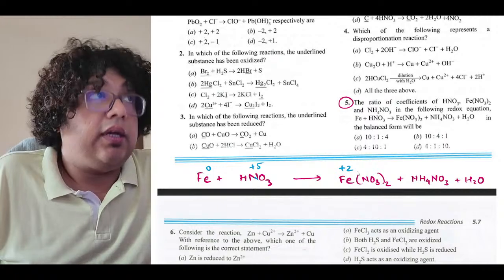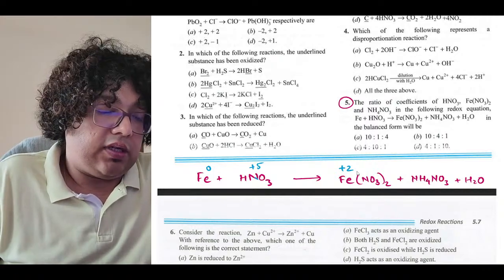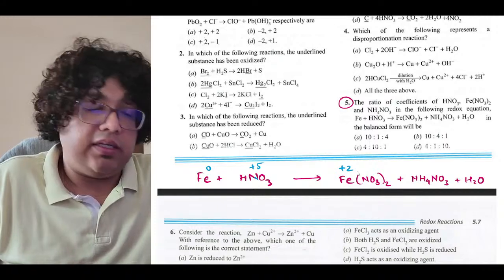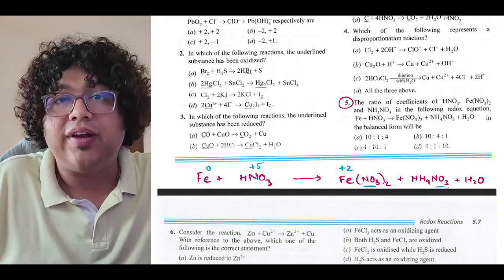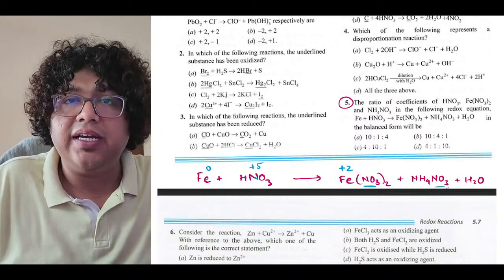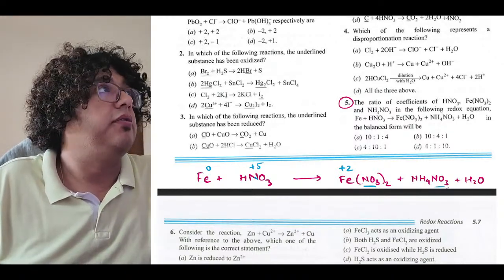So, how many of you know which ion or which compound has nitrogen in -3? Obviously, these are nitrates, so nitrates cannot have nitrogen in -3. They are nitrates. We already found out its oxidation state as +5.